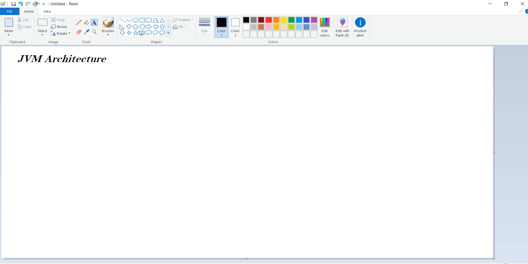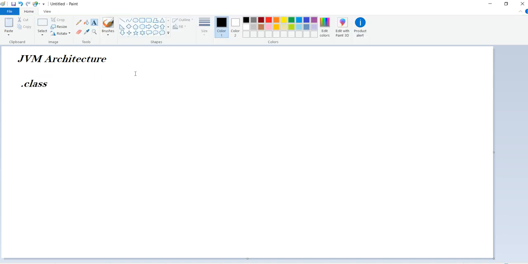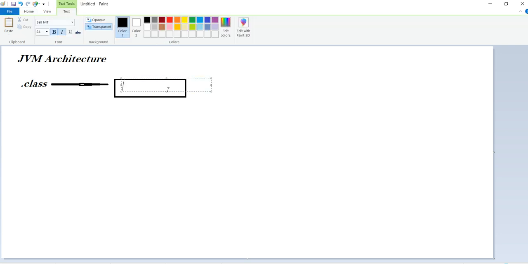So for this, first of all, when we are compiling our programs, the output is in the form of a .class file. When this .class file executes, it goes to the class loader subsystem.